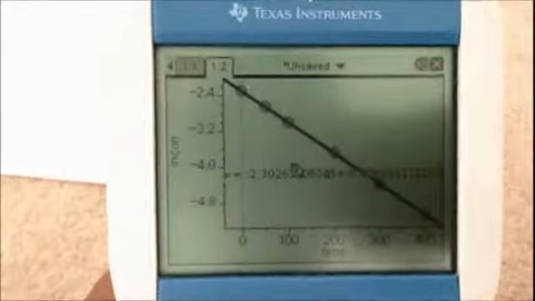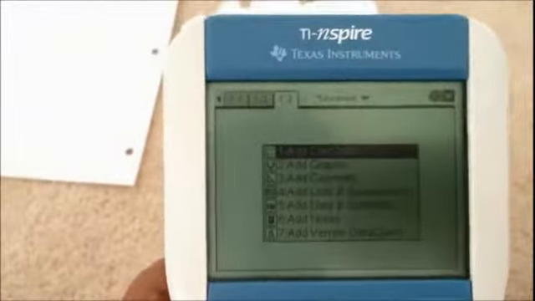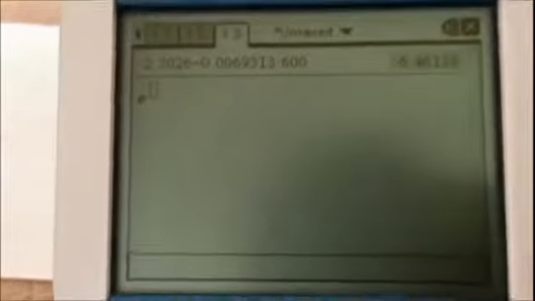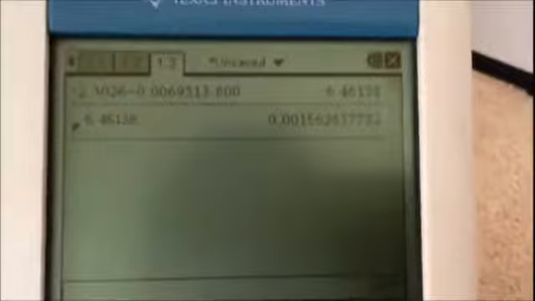So if we add a new page, a calculator page, our equation was natural log of concentration equals negative 2.3026 minus 0.0069313, and then we're just going to plug in our time, which was 600, right here. And that'll get us this value. But that's not our final value yet, because the y value we just solved for is actually the natural log of concentration. So to solve for concentration, we have to undo the natural log by raising e to that power. So we just do e to the negative 6.46, and that'll be our answer,